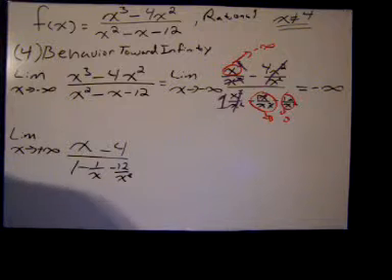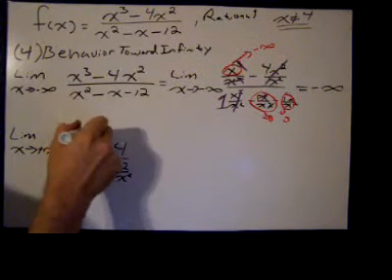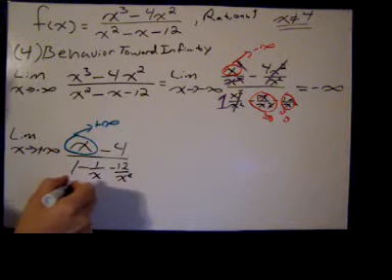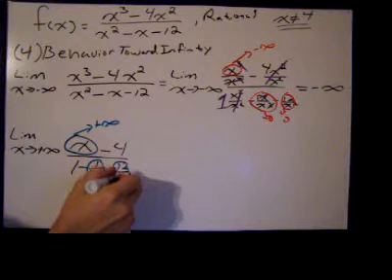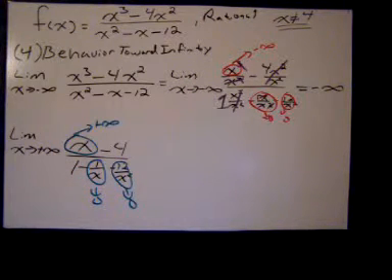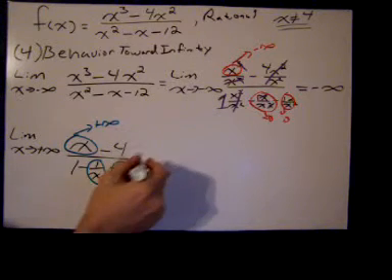As we go to positive infinity this time, this goes to positive infinity, this goes to negative 4, this goes to 0, and this term goes to 0. So we have positive infinity minus 4, still positive infinity, divided by 1 is